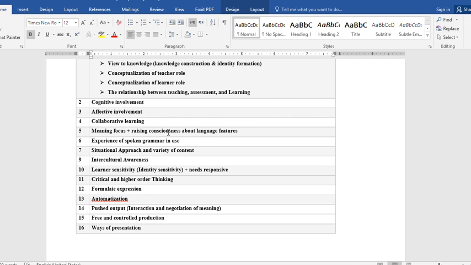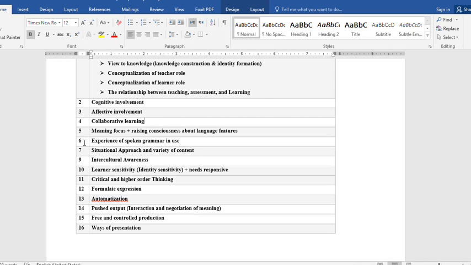We should draw our students' attention to the features of language. For example, in our previous semesters, when we were working on academic writing, I asked you to find some phrases, some lexical bundles, some features or some expressions used in, for example, the writings you were analyzing. That's kind of consciousness raising, or paying attention to language features or forms of language.